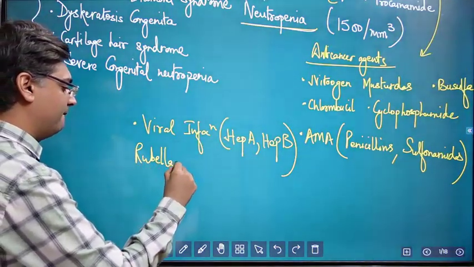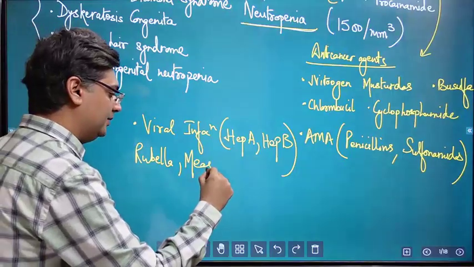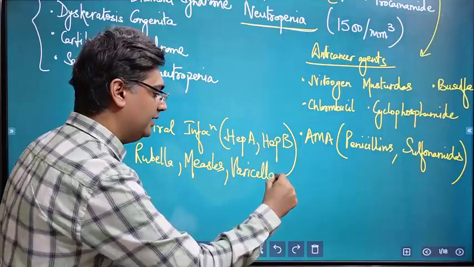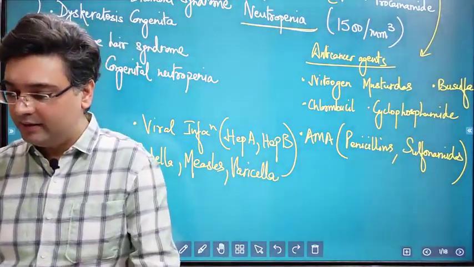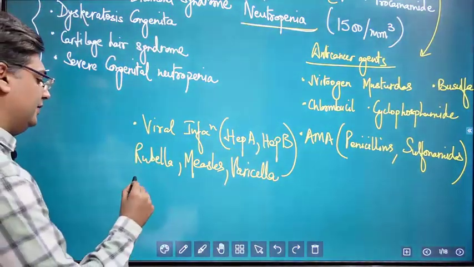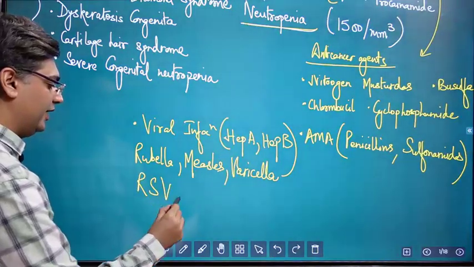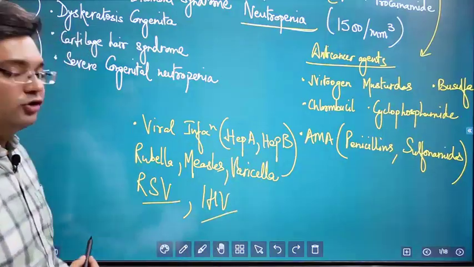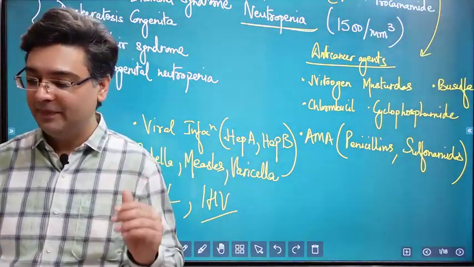Plus there is another virus which is called respiratory syncytial virus. You can write it as RSV, and how can we forget the HIV virus, which can do the same and